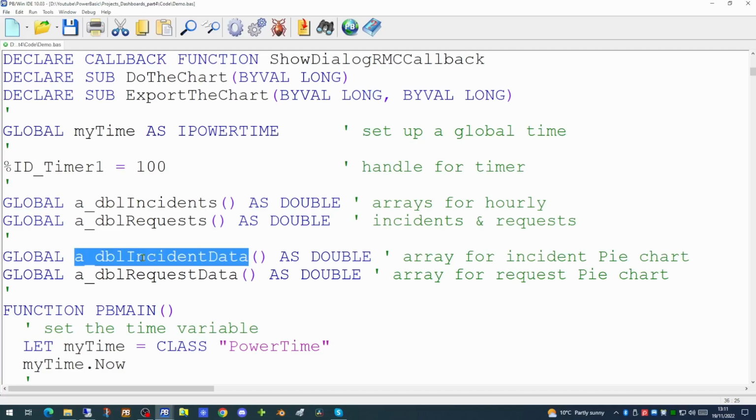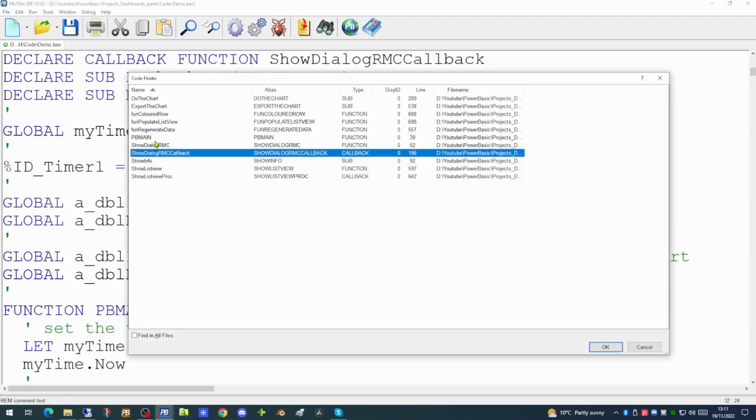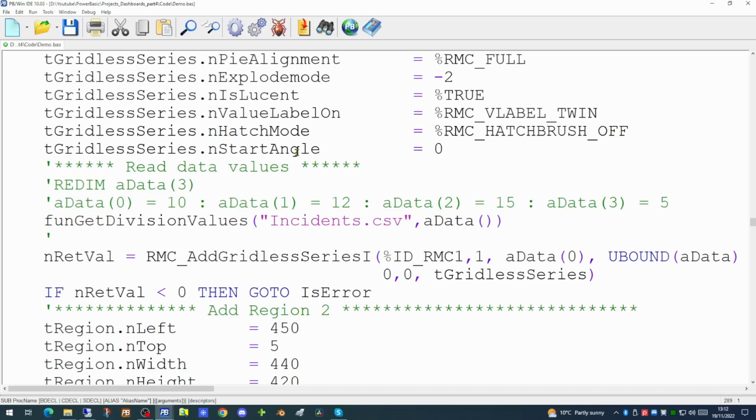Now, having set that up, we'll now need to change the original code which uses that array to populate it from the CSV file. So we nip back into the code which draws the chart initially, which is the doTheChart subroutine. Down here is a function which calls getDivisionValues. This populates the array with whatever is in the incident CSV file.